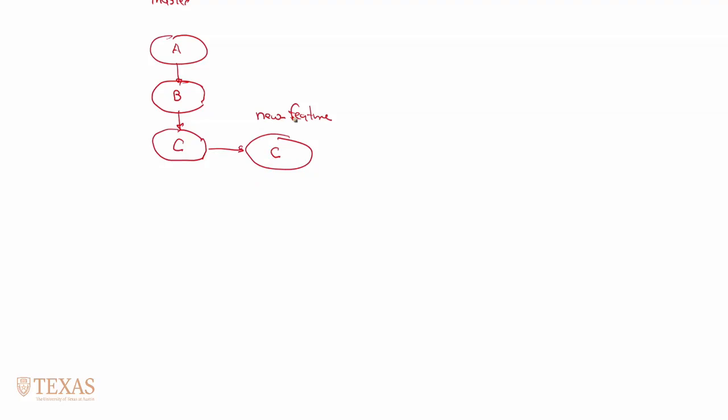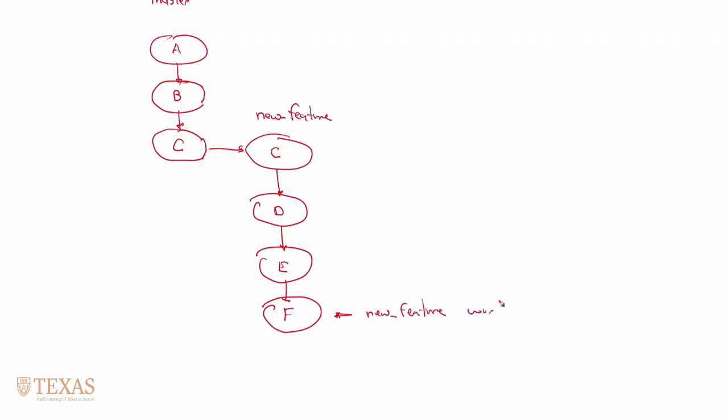Okay. But the new feature is going to be much larger than just a single commit, because we're going to make incremental commits on the way as we make changes. Okay. And what we want to do, these intermediate commits, say D and E, right? Say we get to a point where F is our new feature works, so we've tested it. Everything works well. But these incremental commits, say D and E, they were just unimportant to any other user